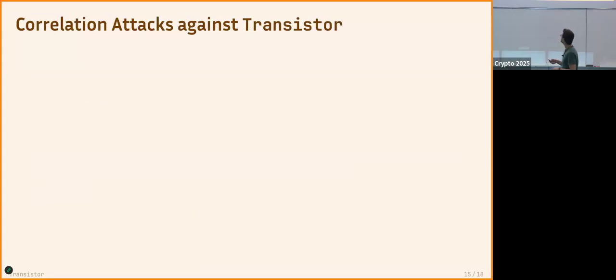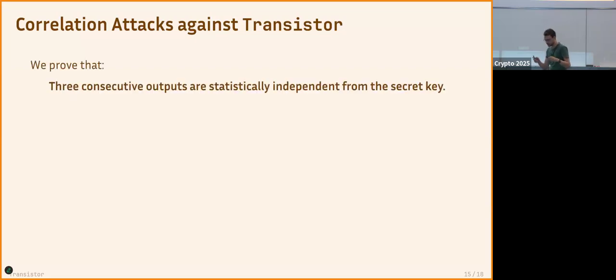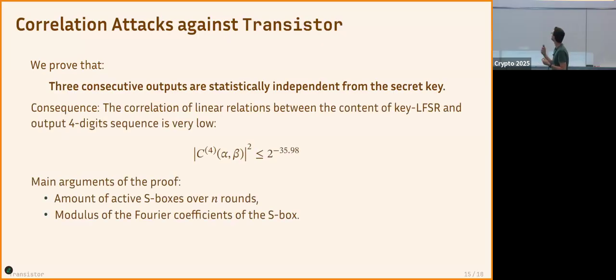And also, we looked at correlation attacks. The point of correlation attacks is to try to build correlation between the content of the key LFSR and the output key stream. And we have a proof that 3 consecutive outputs of Transistor are statistically independent from the secret key, which means that if you want to mount a correlation attack, you would have to take at least 4 elements. And if you run the numbers, you understand that the value of this correlation is actually pretty low,